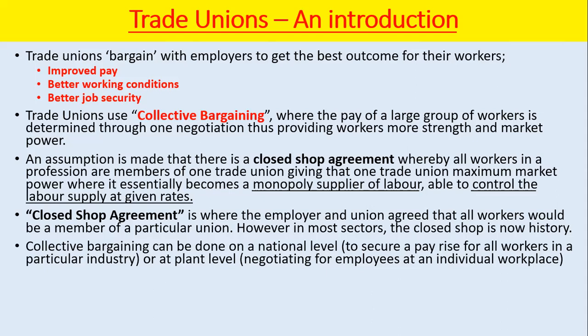Collective bargaining can be done on a national level, i.e. to secure a pay rise for all workers in a particular industry, or a plant level, negotiating for employees at an individual workplace. So we often talk about national level versus plant level. Again, if I was to give you the example of the teachers' union, if the teachers' unions across the UK said that, look, all teachers deserve a pay rise, then all unions would work together to collectively